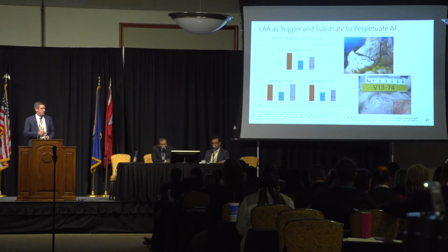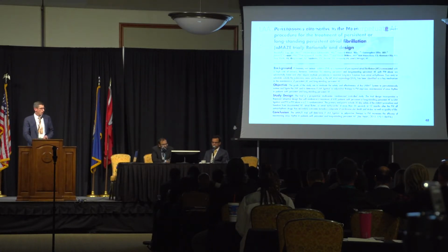Early studies we did on series of these, this is a non-FDA approved device, but we had done many patients who were contraindicated to anticoagulation and had pacemakers or defibrillators in place. And just by looking at their diagnostics on the device, we saw about a 25-30% reduction in total AF burden at 1 year, only by ligating off their appendage. So that formed the basis of the Amaze Trial, which we're in the process of doing, but maybe about halfway done,